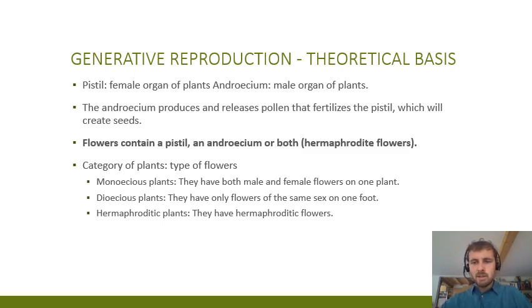So for some crops, it's important to know for the production, but more importantly for the seed production. And then you have hermaphroditic plants that have hermaphroditic flowers. In that case, you don't care either. And of course, you have plants that have different types of flowers. So for instance, papaya, as you surely know, you have male and female papaya, and you have hermaphrodite papaya. So you have a combination of a hermaphroditic plant and a dioecious plant.